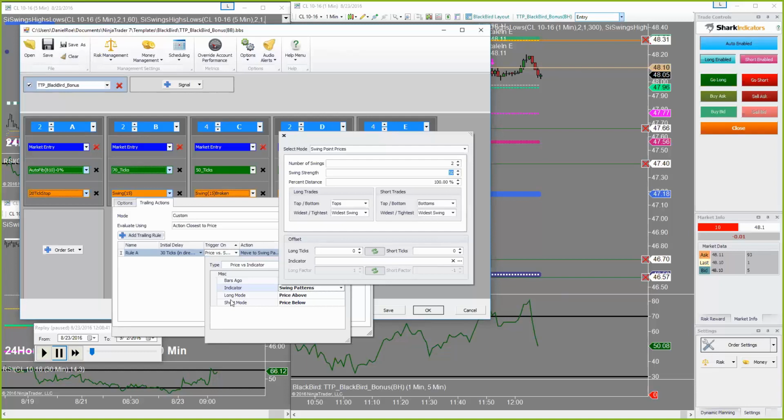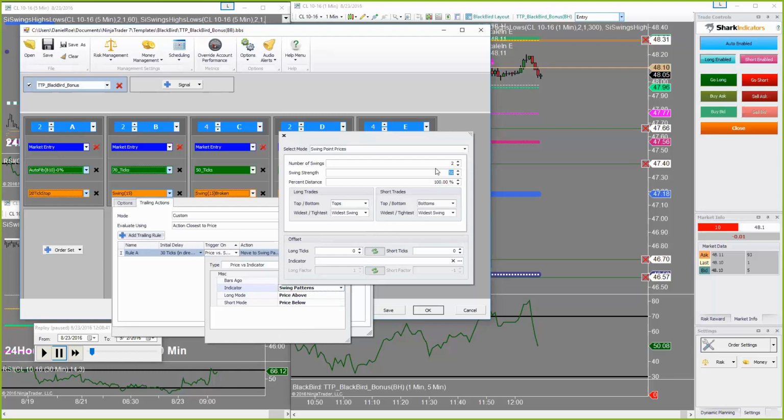Once price, see, short mode. Always think in terms of long and short. Once price is below, for a short, we're in a short, the swing low, the bottom, 50 period, which is this hot pink line or whatever it is,